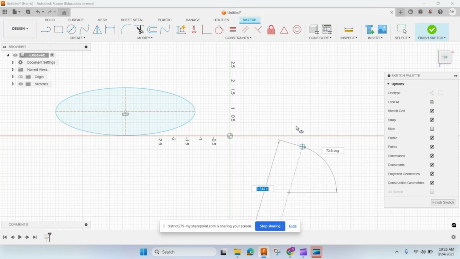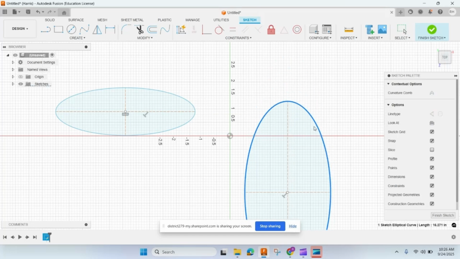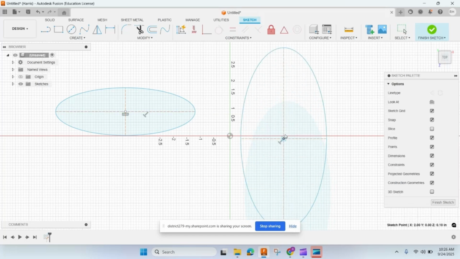Click, drag, and then drag over here. I'm going to hit escape because I'm done. I can grab this. Oh, if I grab the side, I move it. So I can grab the center, like click and drag and go there. So now I've got my two